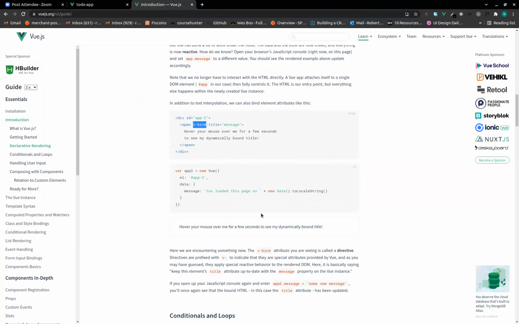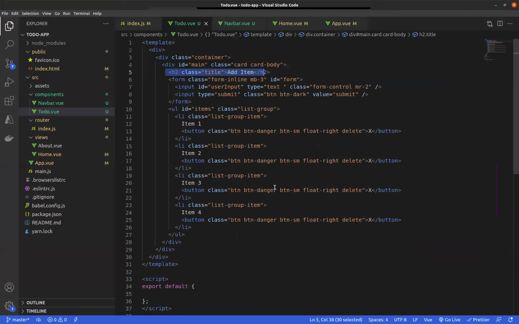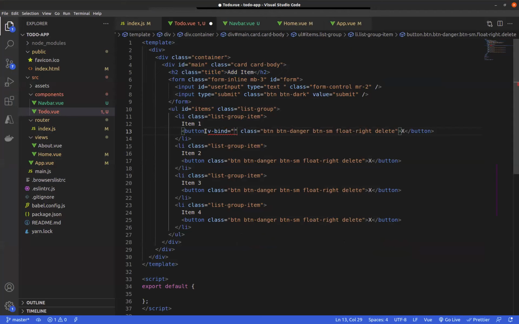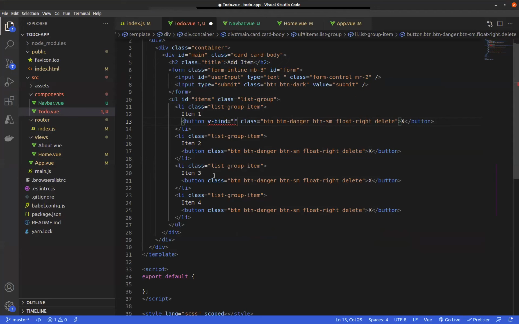Okay. So for example, let's look at this. If you want to perform the same tooltip on the button, we can just do what? V-bind. And I said that with the v-bind, Vue.js has made it very, very simple for you. So you can just